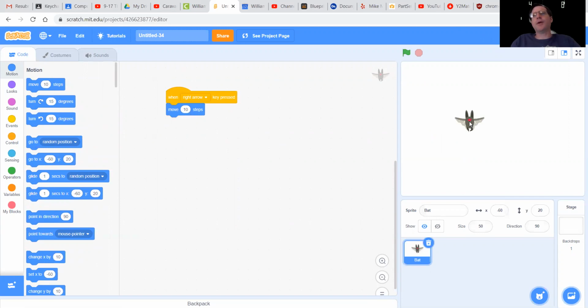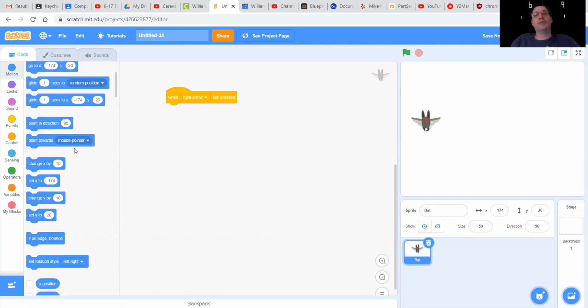However, that's not actually what I'm going to do. Because let's say we do this. If I click to the right, it's no longer going right. Now it's going right and down. I want it to just go to the right if I click right. So to just go to the right, regardless of where he's facing, I'm going to do change X,